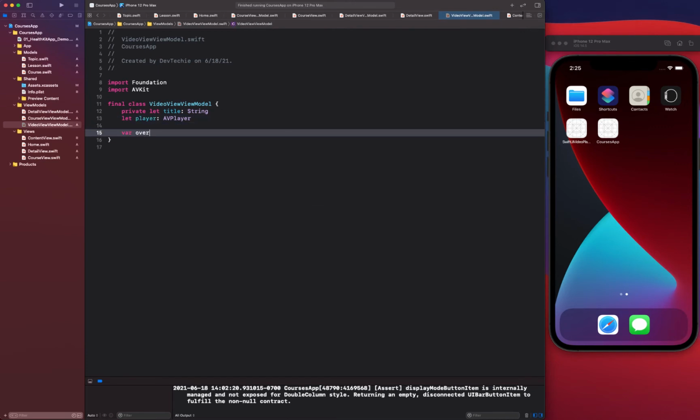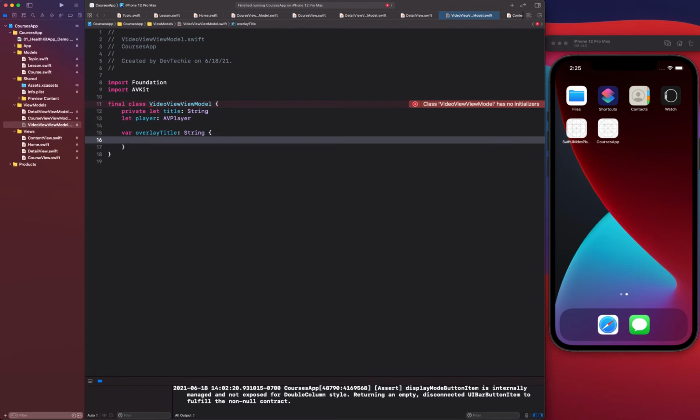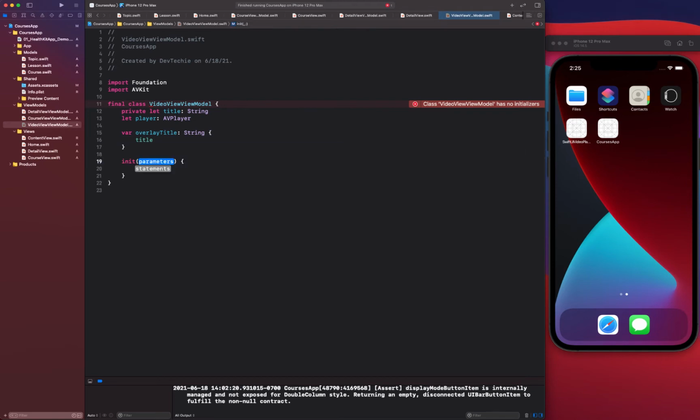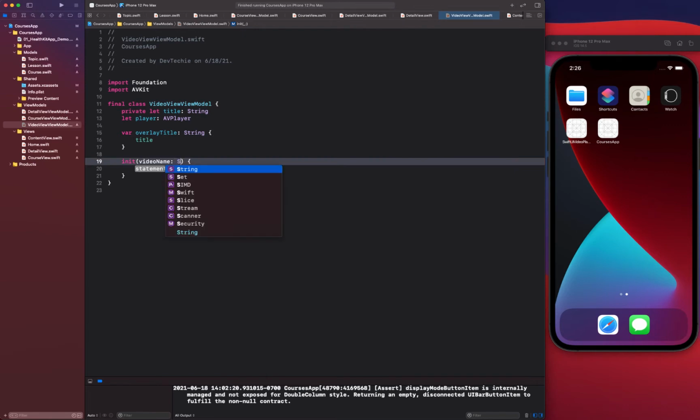and we're going to have a property, a computed property, overlay title. So the title that we want to display for overlay, and this is simply going to return the title. Okay, for the initialization or init, we're gonna expect a video name as a string, title as a string, and